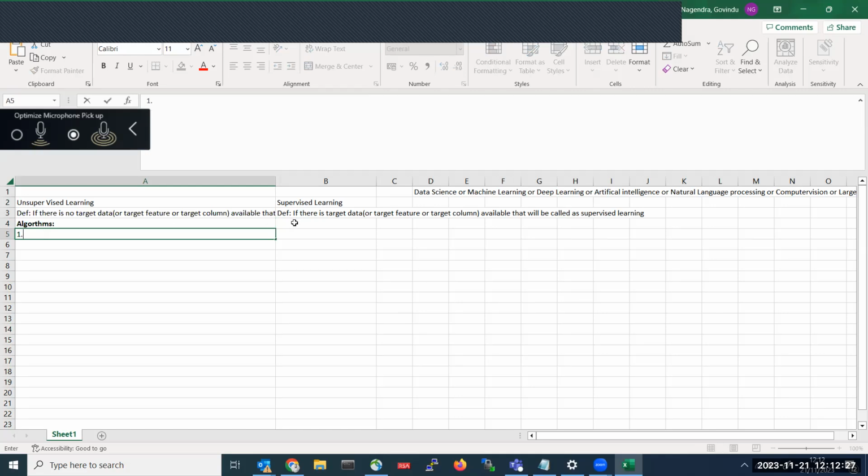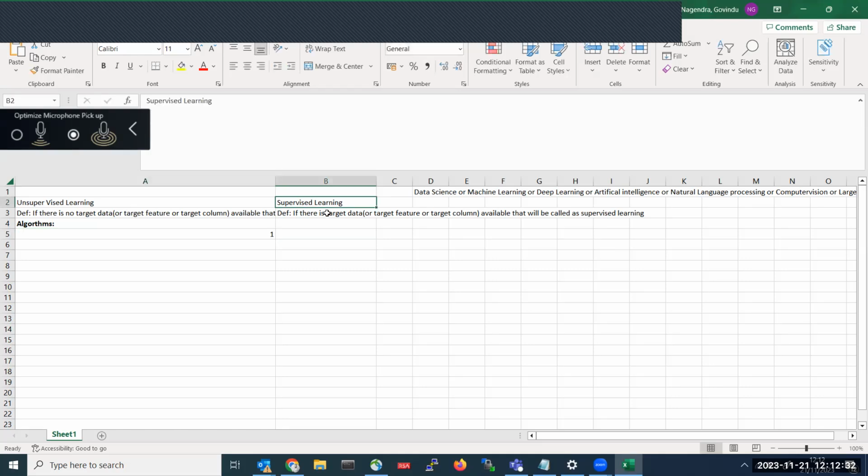Same scenario, but the thing is in supervised learning, it is divided into two types. This supervised learning, whatever supervised learning we take, it's divided into two types. One is classification and another one is regression.